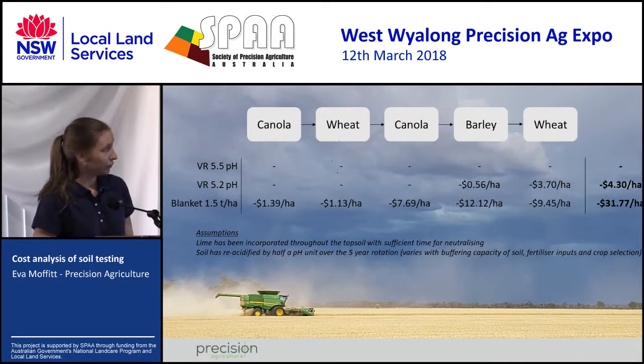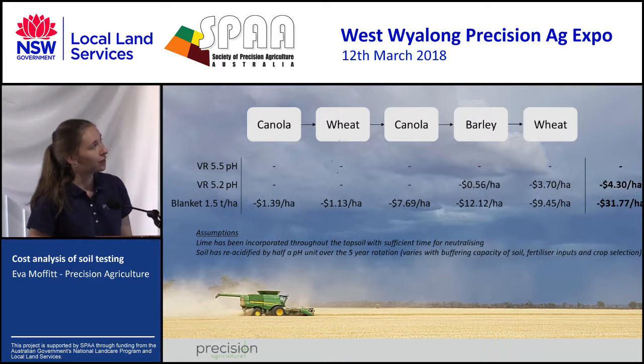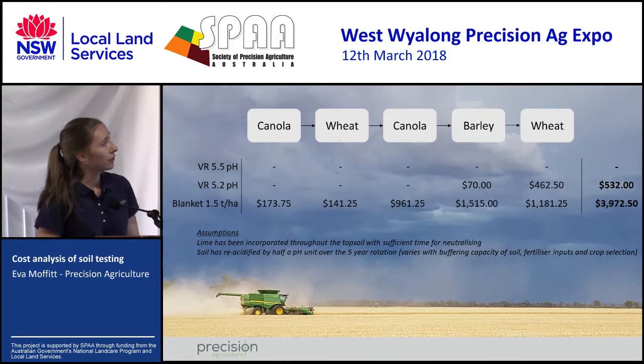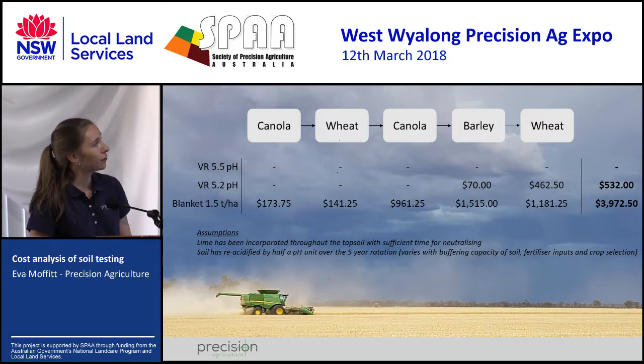And then our blanket 1.5 tonnes per hectare, we're seeing not too bad in the first couple of years, but then with reacidification we're seeing a yield penalty in the canola and the barley, and then toward the end the wheat as well, of nearly $32 a hectare just due to the acid areas in that paddock. So that equates through in dollar terms about $500 all up in our 5.2 application and nearly $4,000 in our